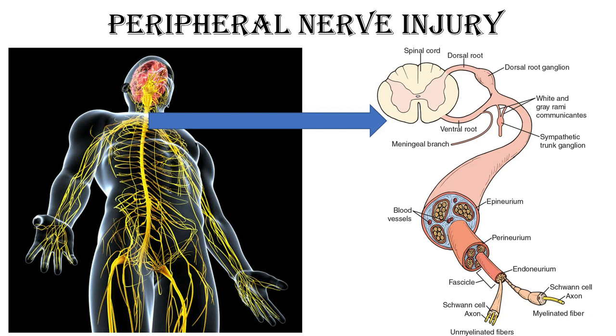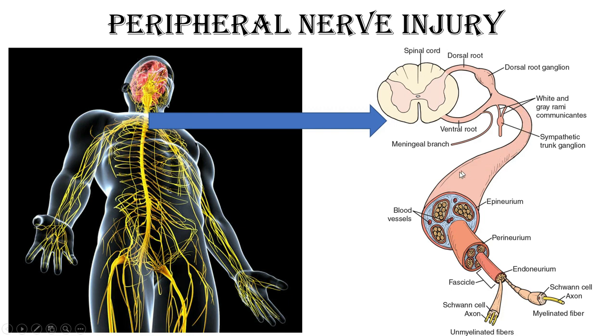Now the peripheral nervous system, as you all know, comes from the central nervous system as an extension. This is the spinal cord, and from the anterior horn cell the lower motor neuron starts. This is formed by the dorsal root ganglion and ventral root. Then it has some pseudoganglion. Then it also helps to form the sympathetic chain. Then it gives a small twig to the meningeal area. Then both rami fuse and form a nerve.